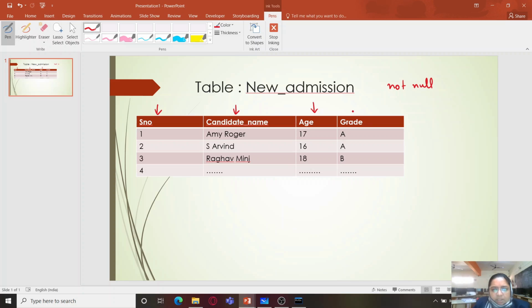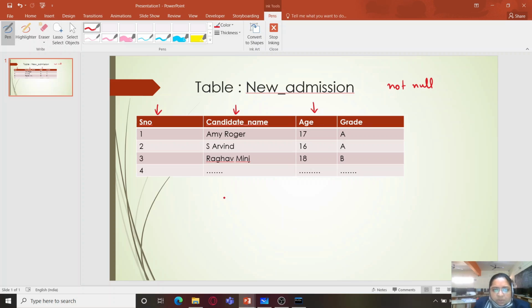That is, we cannot leave them null or blank for any of the tuples. Grade, of course, we can allow null to be inserted because the grade can be provided only after verification of documents. So the grade field can be allowed to have null values, but we cannot allow serial number, candidate name and age fields to have any null values.